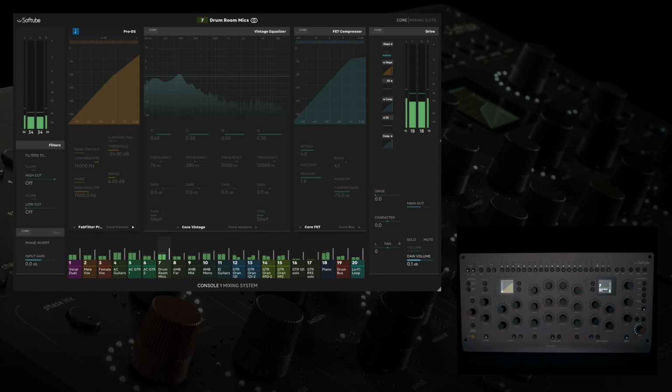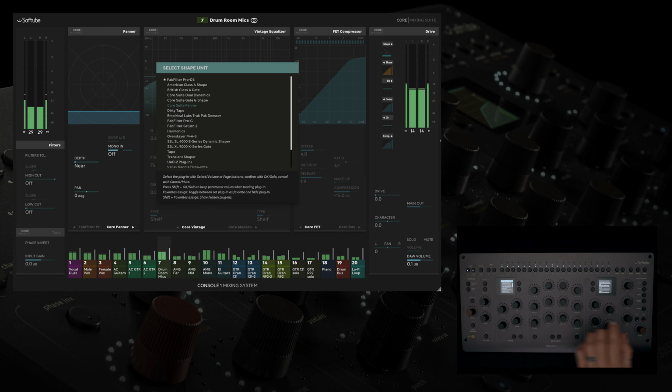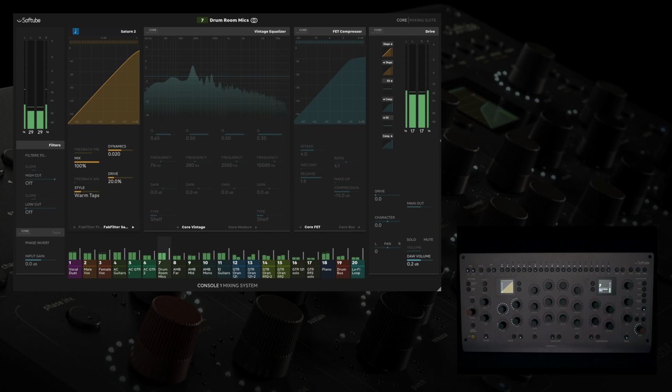I can load a second FabFilter plugin into my shape section by hitting Load Strip Section and the second shape button. This time, let's add Saturn for some saturation. Let's adjust the drive. And as I alter the dynamics, the screen on channel lets me see what is going on. I can pick from all the different styles, whether it's warm tape,